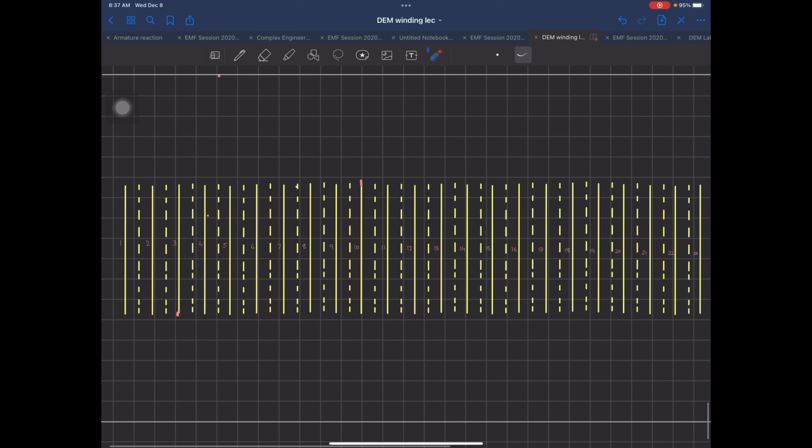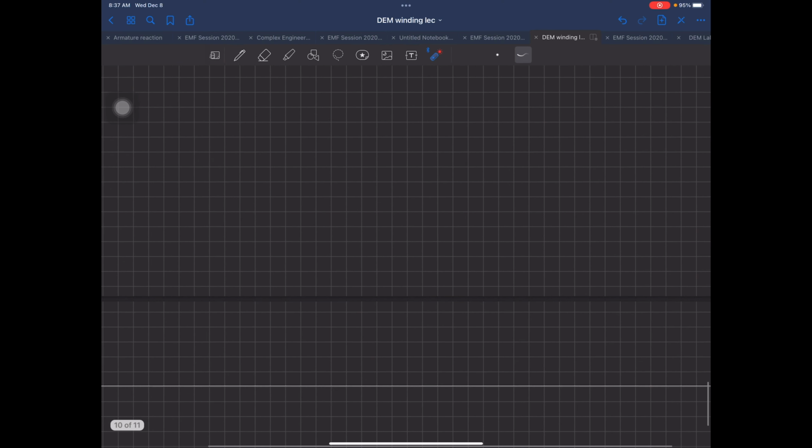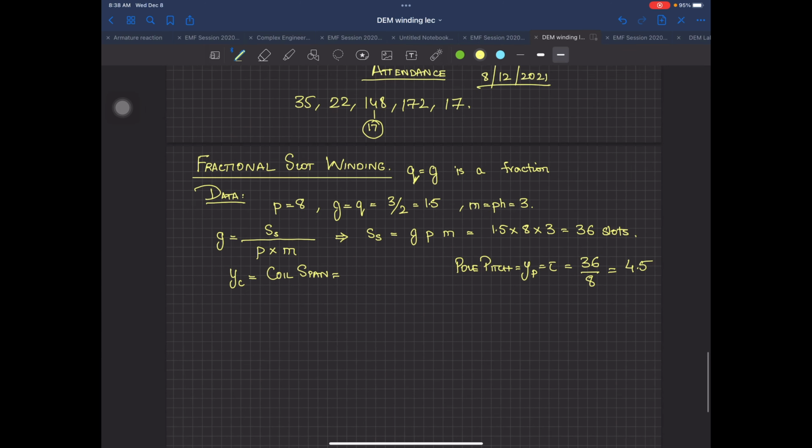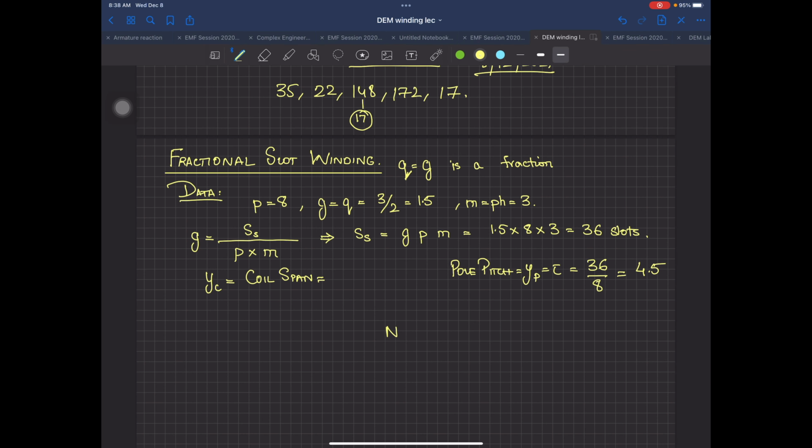So, I have 4.5, so it is not possible to make it 4 and then call it north pole, and then the next one is going to be the south pole. So I can't make this like this. So what I have to do now, since 4.5 is such a number, 4.5 multiplied by 2 is 9, and every pole exists in pairs. So when I talk about the poles, there are 8 poles. This will be north, south, north, south, north, south, north, south. 8 poles. So what I'm going to do over here, if I have 4 over here, I have 5 over here,